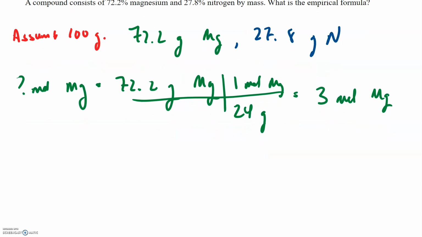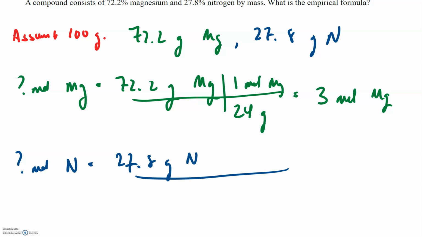And let's do the same thing with our nitrogen. How many moles of nitrogen do we have? This is 27.8 grams of nitrogen, and in 1 mole there are 14 grams, and so this is 1.98 moles of nitrogen. Okay, so we're going to divide everything by the smallest to get it